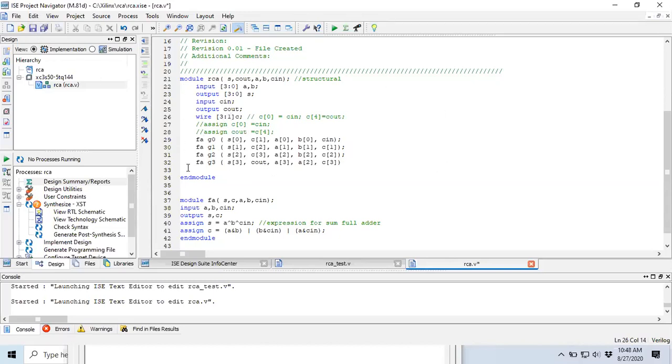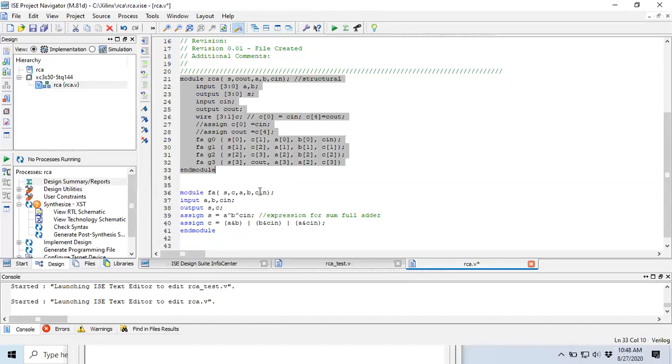So this is the main module. Now in gate level model, we have a main module and we'll also have a sub module. So this is the sub module. For our understanding, I'm writing it as main module and sub module in structural or gate level model. Whenever we write gate level model, we will always have a main module and sub module. We can write sub module until there we invoke primitives. This sub module is actually written in data flow model. You can write it in any modeling style.